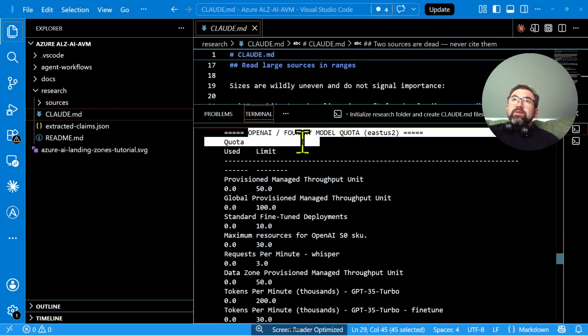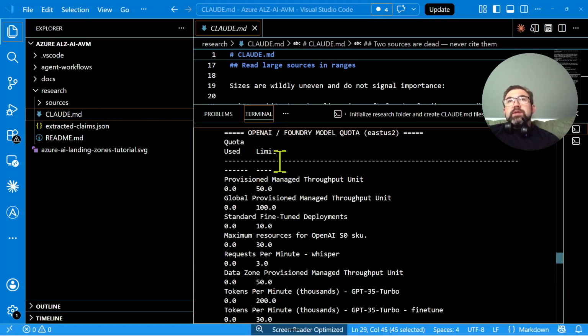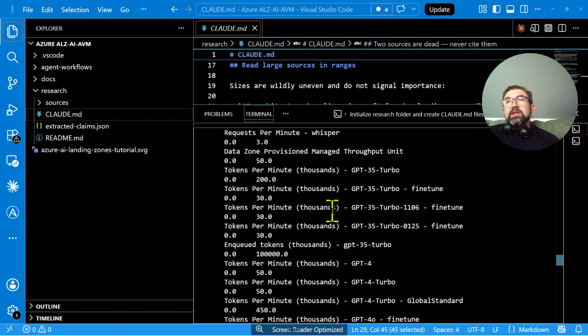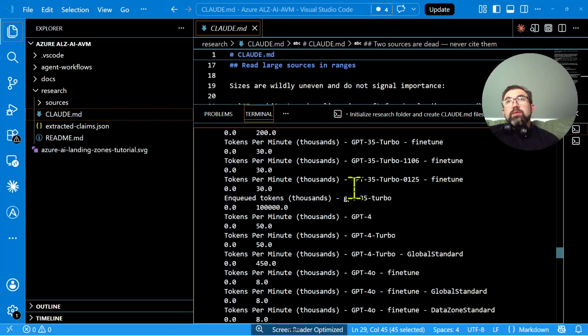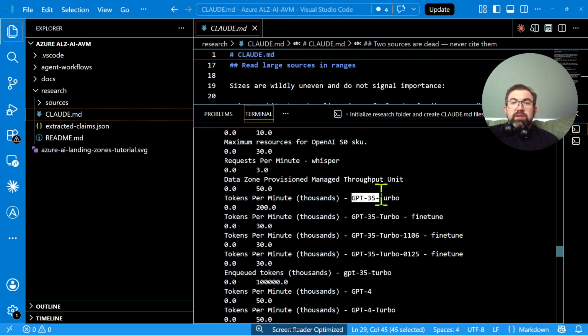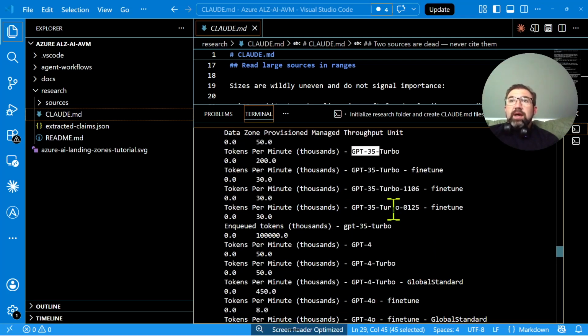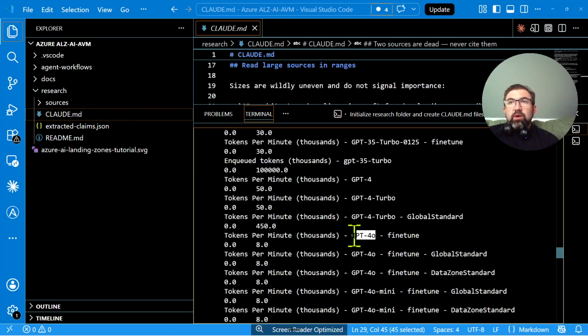OpenAI Foundry model quota. So this is what I was concerned about not having access to, but apparently I have some OpenAI access, and it goes through here and it tells you how much per minute, and you can still get GPT 3.5. That's old, but honestly, 4.0,